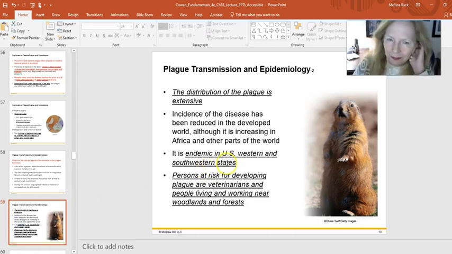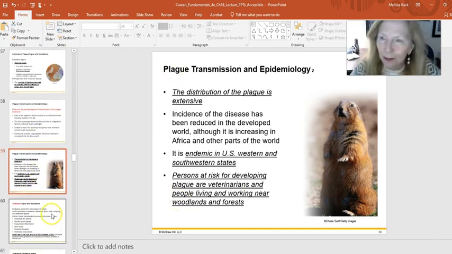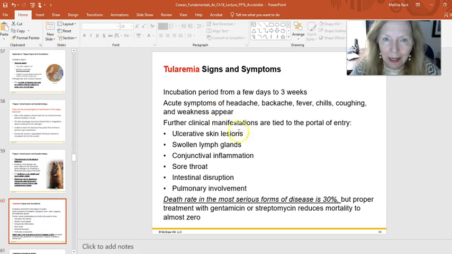Now, it's endemic in the United States, and so we know it's in these areas. The last cases that I followed were a couple from New Mexico who had gotten on a plane to New York, and their signs and symptoms started while they were on the plane. By the time they got off the plane in New York, they were pretty sick, so they went into a hospital there and were diagnosed really quickly and treated, and they survived. But that was the last cases that I heard about, but I'm sure there have been cases since then. That was a few years ago.